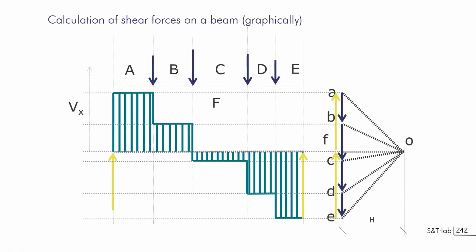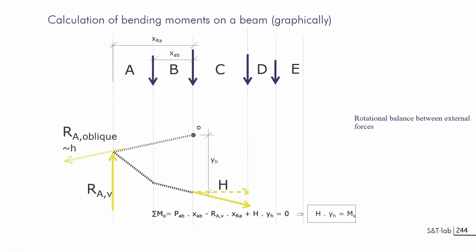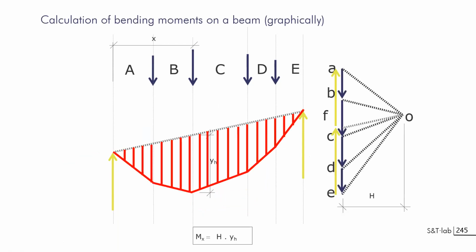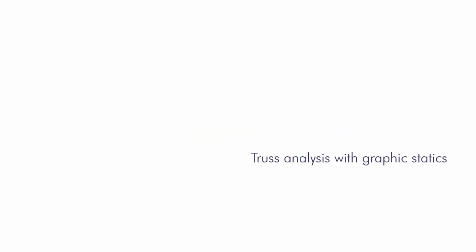This is exactly the same to apply to it. If your system is Q, this is exactly the same. You can demonstrate the same equation and get the same result for calculating all this. So that's a link between graphic statics, the funicular polygon, bending forces, and also shear forces. Let's move on to the truss analysis, and then we'll be ready to go to more complex topics and application